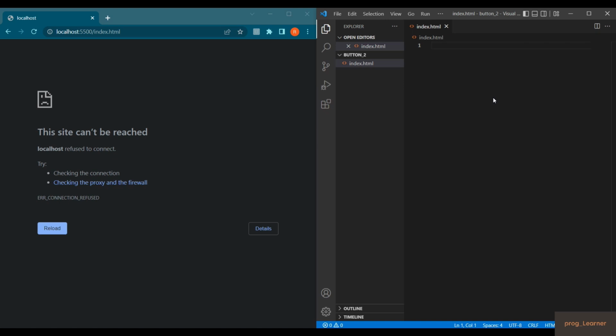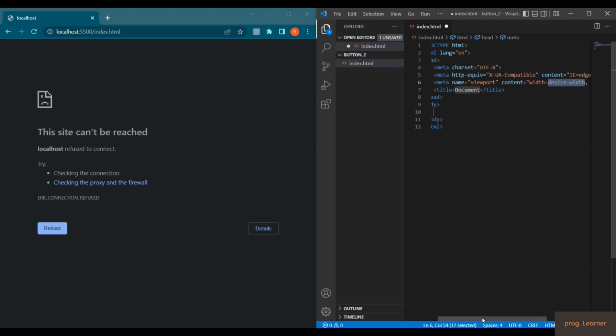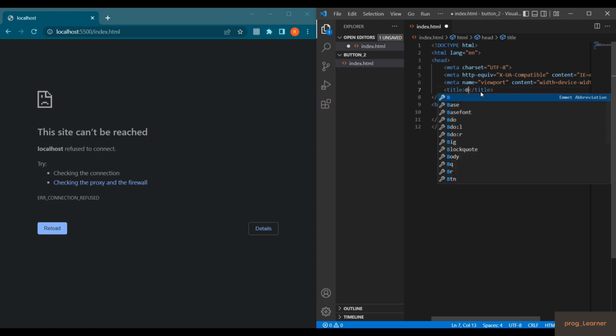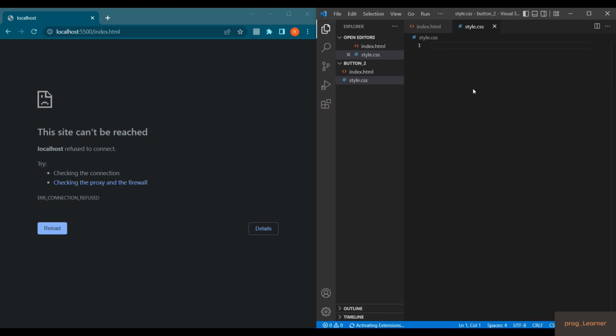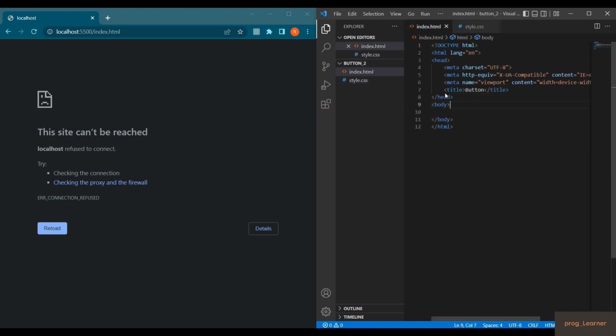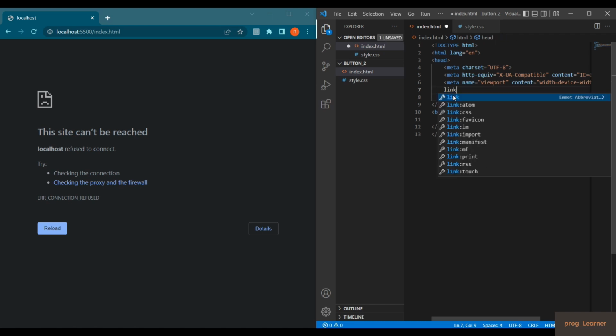Okay. So after that, let me just add the boilerplate code. Okay, let me replace the title with button. Okay, so now for the CSS part, let me quickly create a file style.css. Now I need to link this file here using the link tag, and